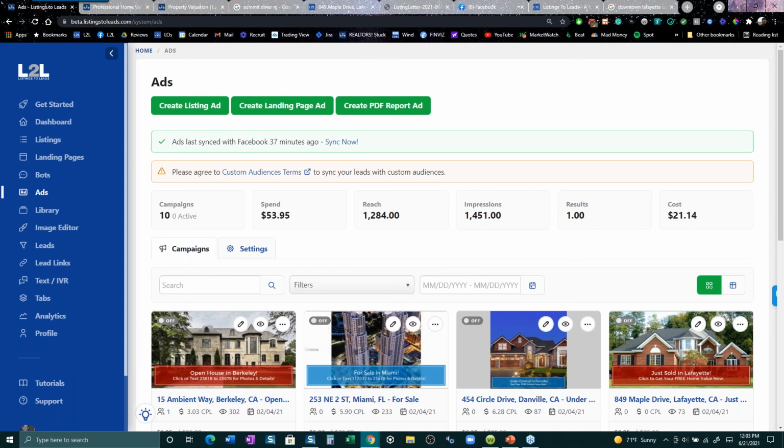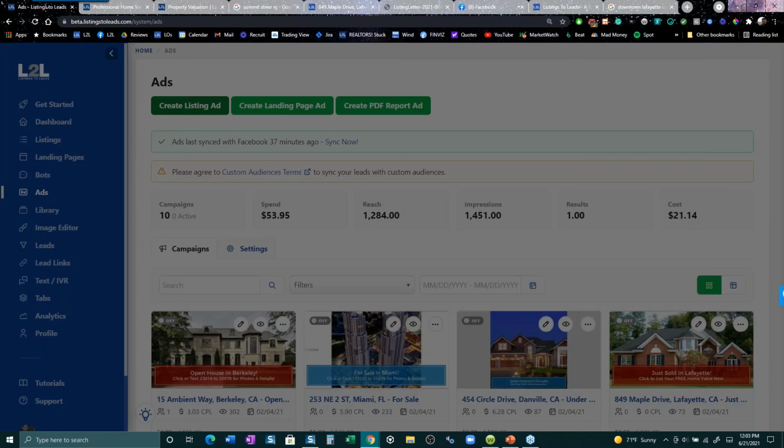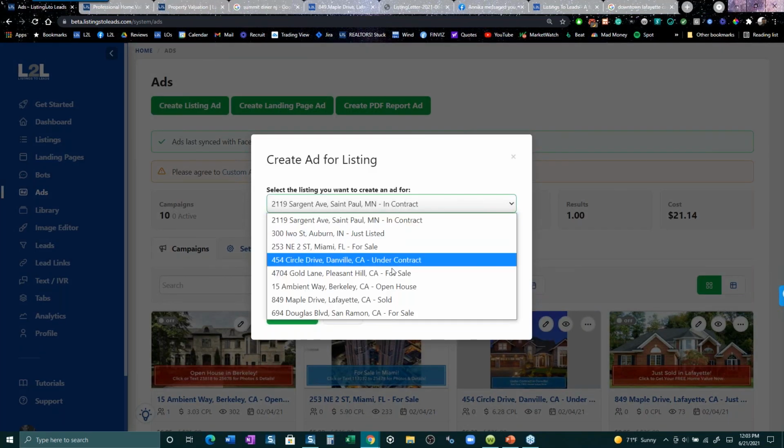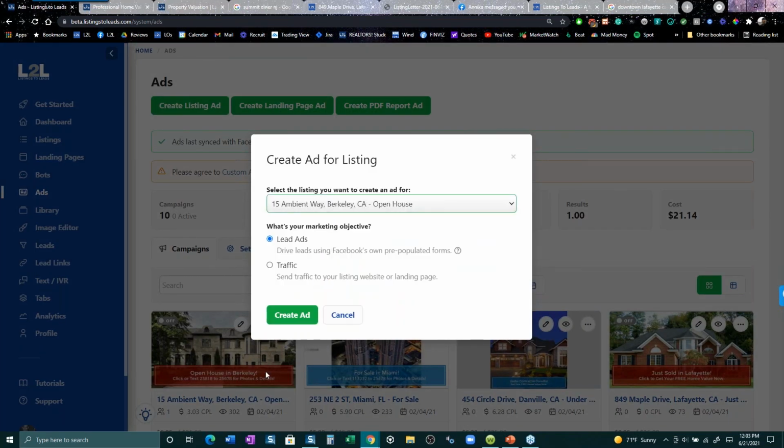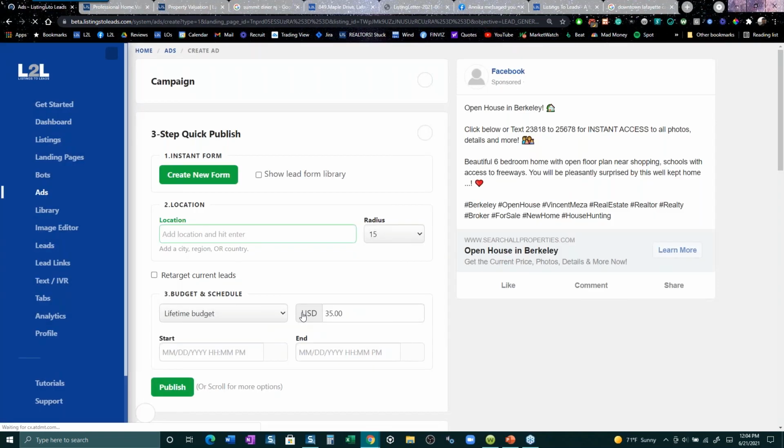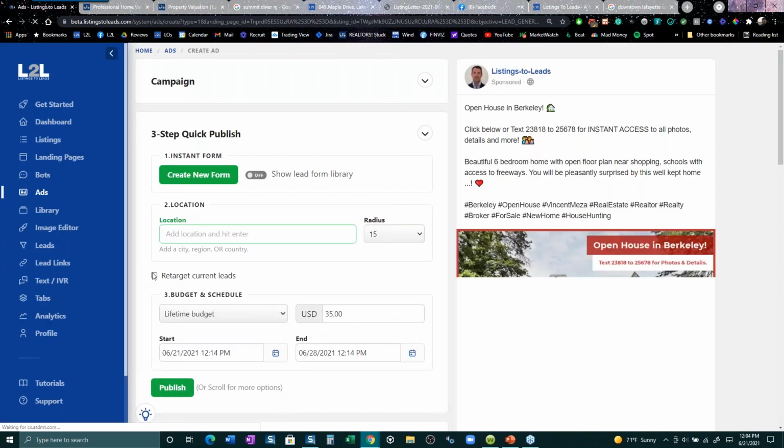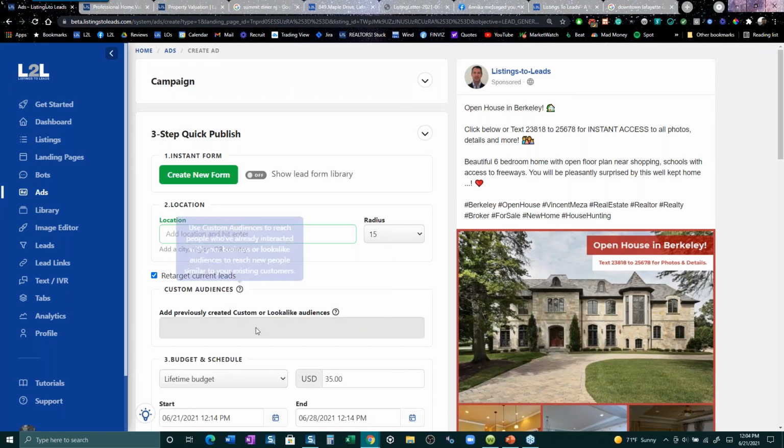But the point is, you do that inside Facebook, and then here, when you turn it on, and I'm sorry I can't show it to you, it's basically a big page that says turn it on, and you turn it on, and when you do, you're able to let's just create a listing ad right here. And let's do I got this open house, lead ads, create ad. I showed it to you earlier, but what it does is you then check this box and you say, you know what? I want